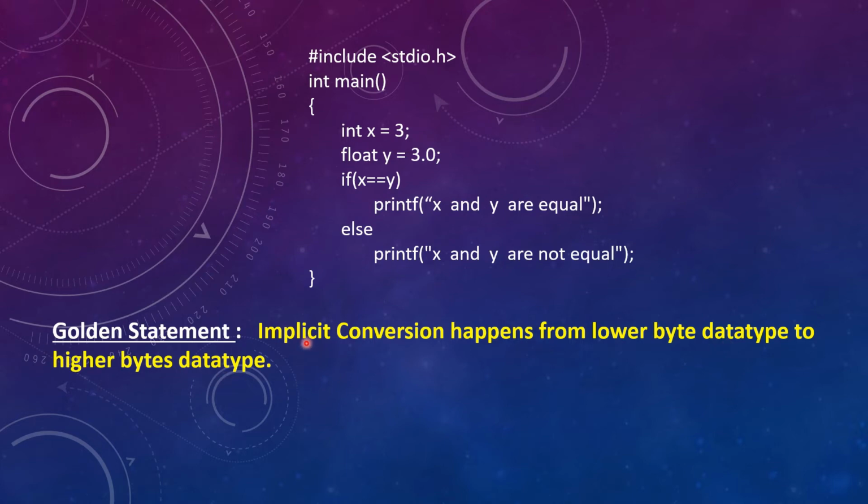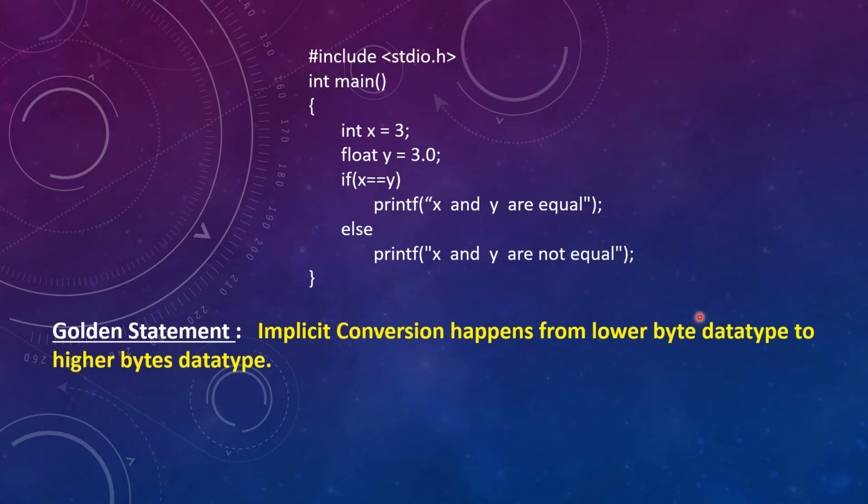What does this mean? See, implicit conversion. There are two types of conversion in C language. One is implicit conversion and the other is explicit conversion. Okay, we will look into that in future videos also, don't worry. So what do you mean by implicit conversion? It is like an automatic conversion that is done by the compiler itself. And explicit conversion is forced conversion, meaning you need to convert it manually. We will get into that in future videos, don't worry. But for now, implicit conversion means automatic conversion.